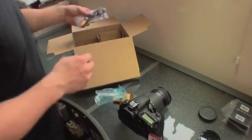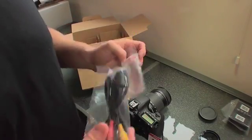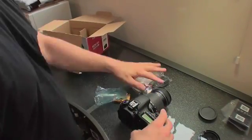And then finally, the only other thing, USB cable, pretty unexciting, and then audio and video cable. So yeah, that's the lineup. This is the